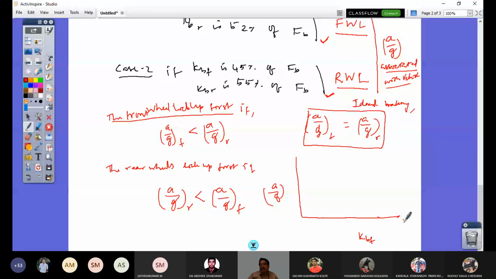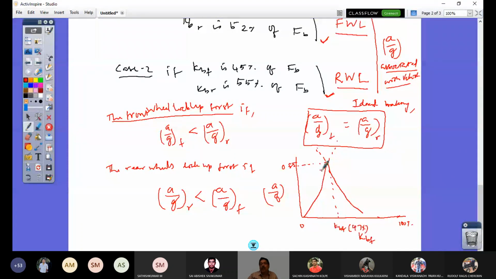KBF completely 100% is never preferred, right? So you would have now the expression of A by G R or A by G F such that I would have two plots for them. One goes like this, other goes like this. So if I plot this and extrapolate like this, both will intersect at a point, and that point is going to be my 0.85. And there is a corresponding value here, that is my KBF, which is in this case 47%.